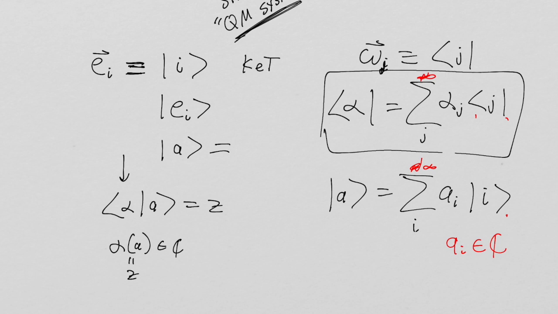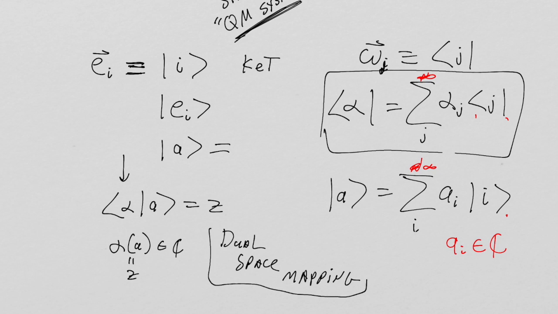This is a dual space mapping. I'm writing this out because anybody who's worked with this formula a little bit is saying, whoa, that's not a dual space mapping. That's an inner product, right? Now, first of all, the inner product and a dual space mapping are not the same thing. They're not the same thing. So in the next lecture, we are going to see what's going on here. But I want you to understand this as a dual space mapping. And that's where we're going to leave it for now. So I'll see